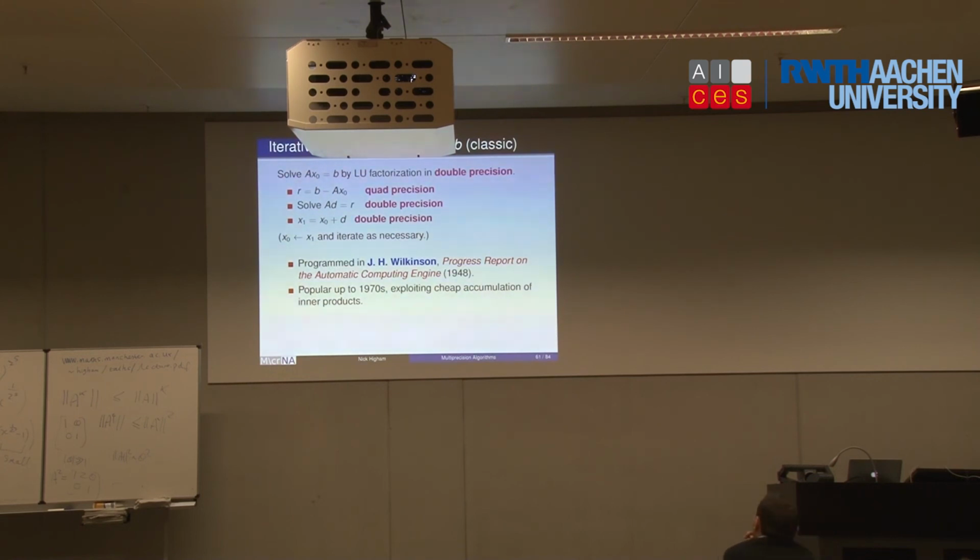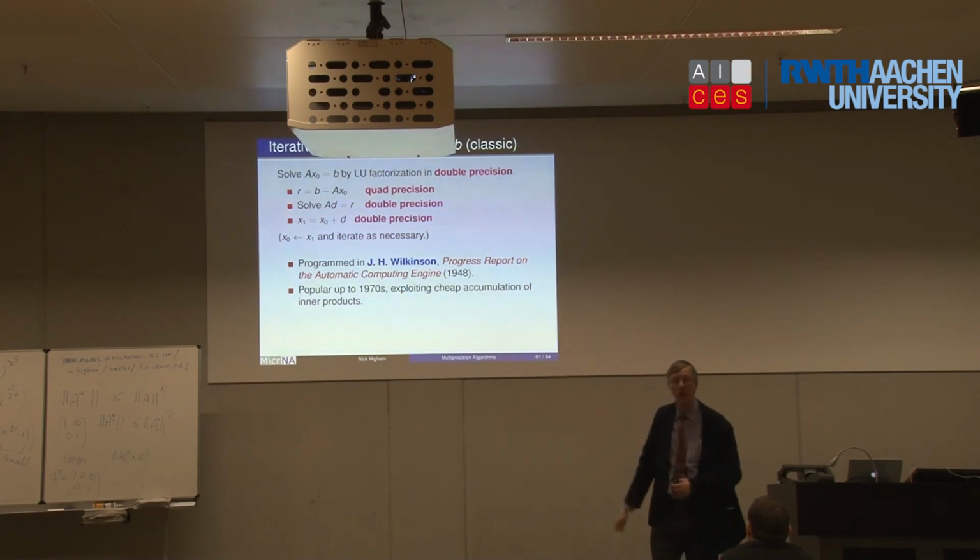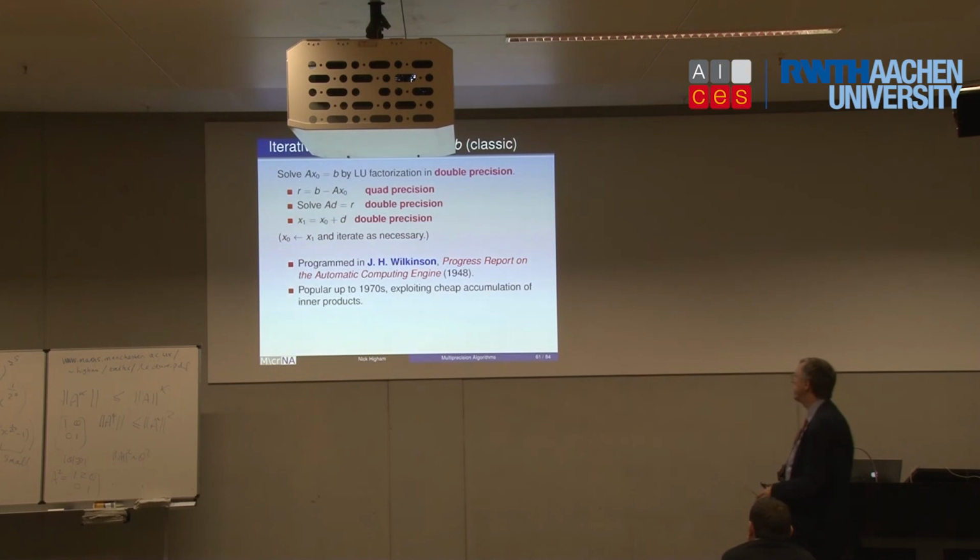Now if there were no rounding errors, then x1 would be exactly equal to x. And you can think of this as Newton's method if you like. But Newton for a linear problem is not very interesting. In practice, there are rounding errors. x1 is not the true solution, but you can go around again and now compute the residual r for x1. And so that's what Wilkinson did. You iterate round until convergence. And this became a very popular method. It's in early textbooks.